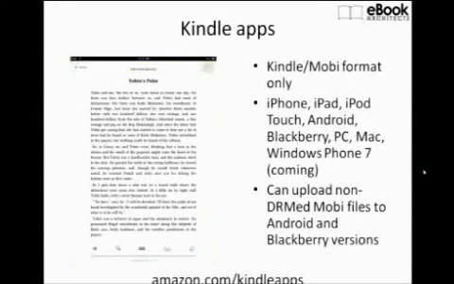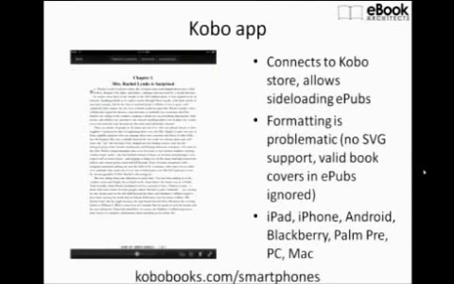There are lots of Kindle applications. Again, you can put them on just about any device you want. The Kobo app is available also on most of these devices. And you're noticing a pattern, I hope, that most of the retailers want you to buy a book from them and be able to read it anywhere. And so they're copying the Amazon system, trying to put their applications out on any device, regardless of where it is.